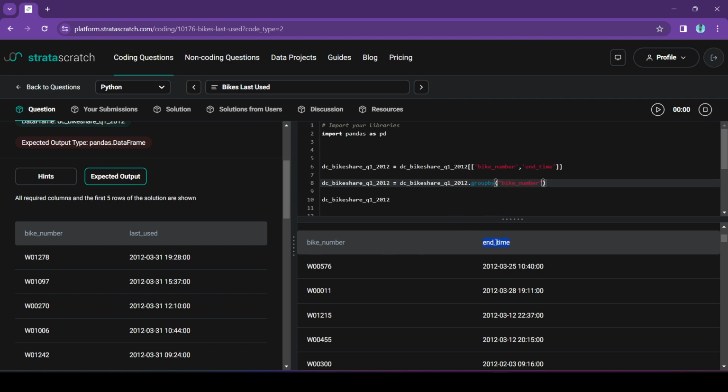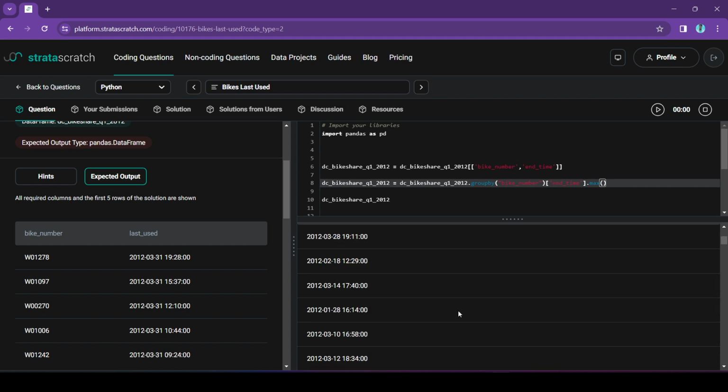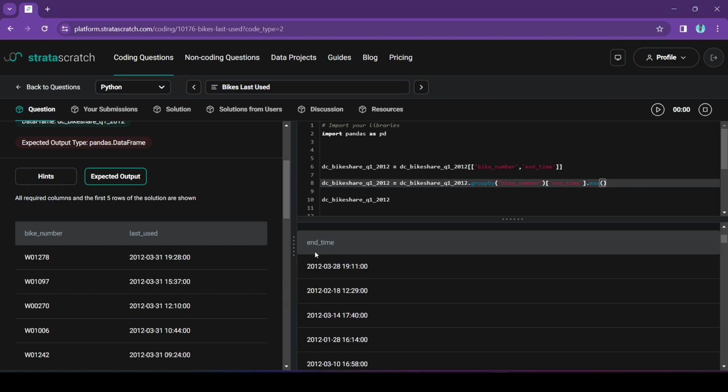And then we need to find the maximum of this column. So this column dot max, right? Let's print this data. Okay, so we have the maximum value for each and every bike, but we do not have the bike number over here. So we can use the reset index,